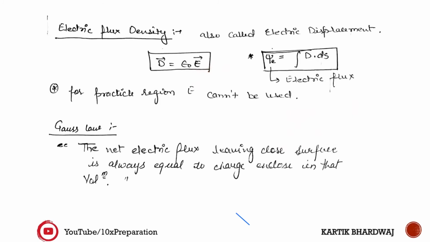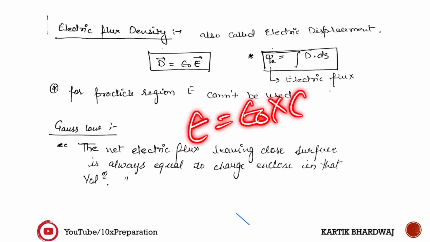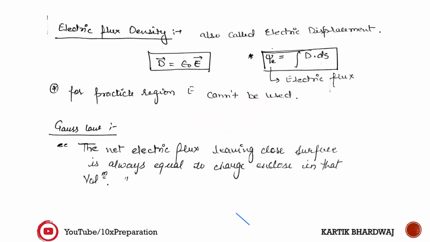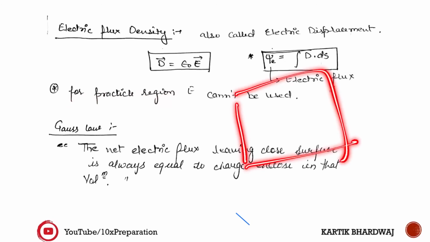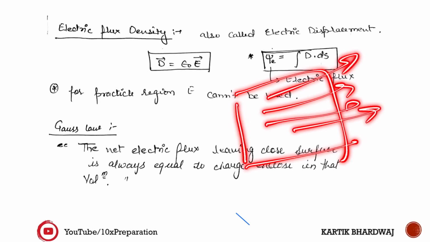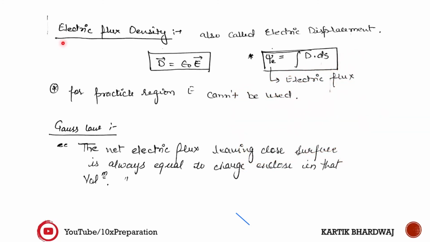So you can say in air you can do like that. But if you come to some material, which has some ability to store the electric field, then epsilon is equal to epsilon naught times epsilon r. Okay, so this is the basic unit. And again, electric flux is equal to the open integral of D dot dS. Keep in mind that this is not the closed integral, this is the open integral. Again I am saying that for practical reasons, it is quite easier to determine how much flux is going through a particular area instead of per unit length. So due to that we are using the electric flux density whenever the measurement is there.